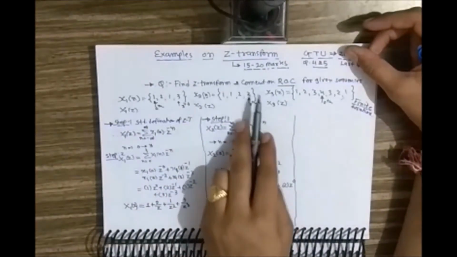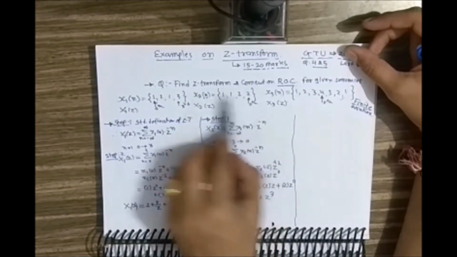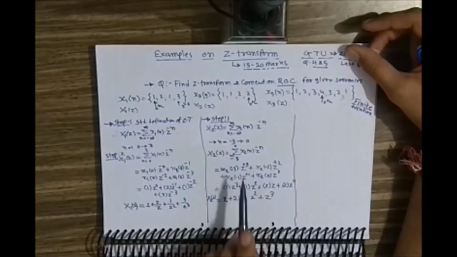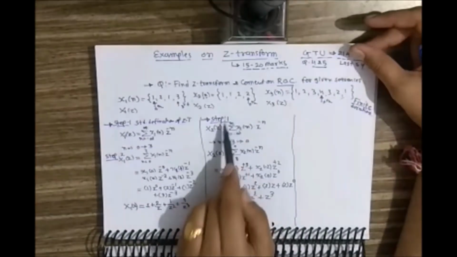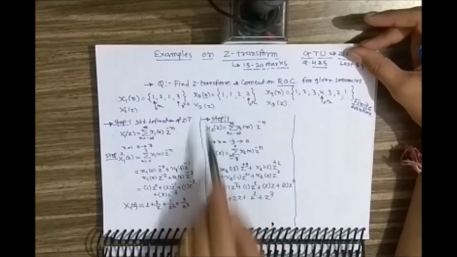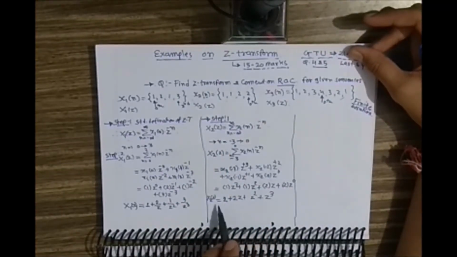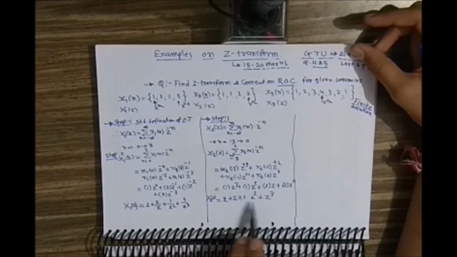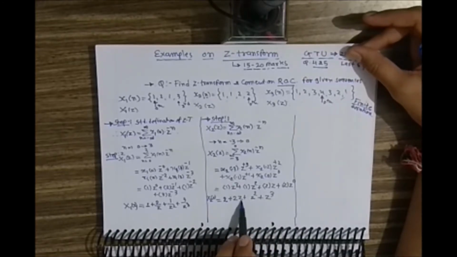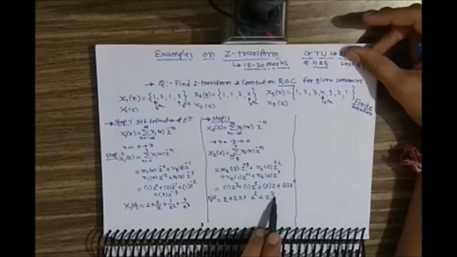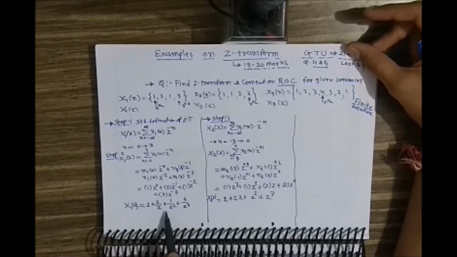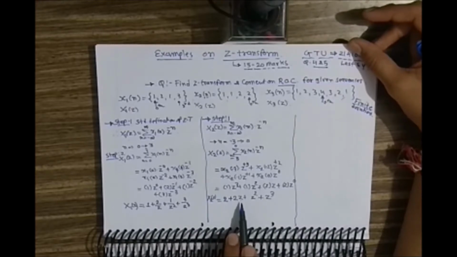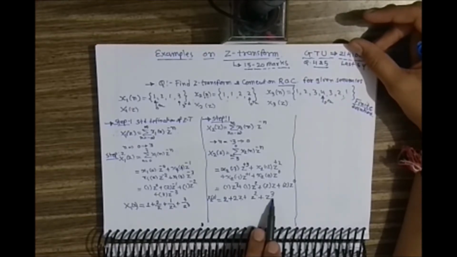Similarly, x2 of n, with respect to the y-axis, is the left-sided sequence. So for the left-sided sequence, the limit of z is nothing but the positive power of z. It is the anti-causal sequence x2 of n. So for the anti-causal sequence, x2 of z has the positive powers of z. So z raised to 0, z raised to plus 1, z raised to plus 2, z raised to plus 3. So it is the only difference that the z transform of a